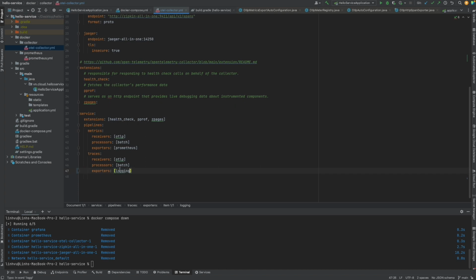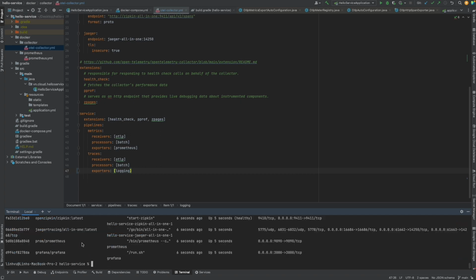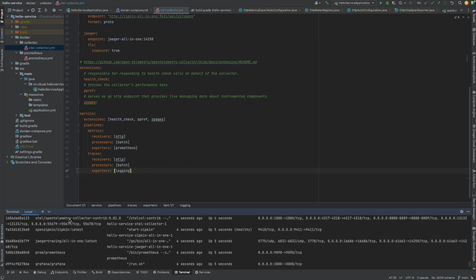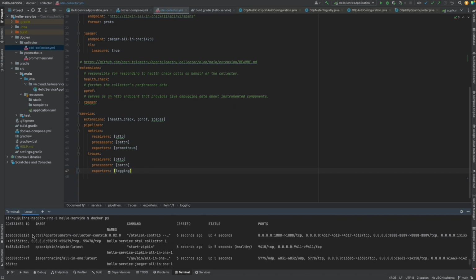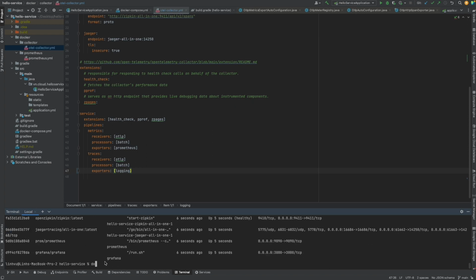Logging, and then spin up all our containers again. Docker compose up -d. Okay, docker ps. So we have the OpenTelemetry collector, Zipkin, Jaeger tracing. Then we only focus on the collector here, right? So I want to see the log of this. Docker logs -f